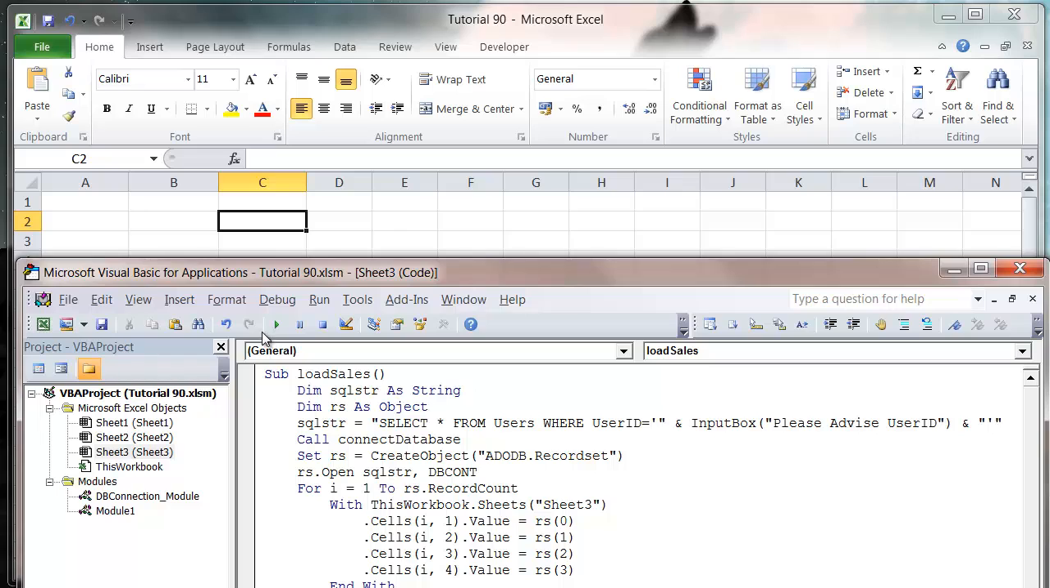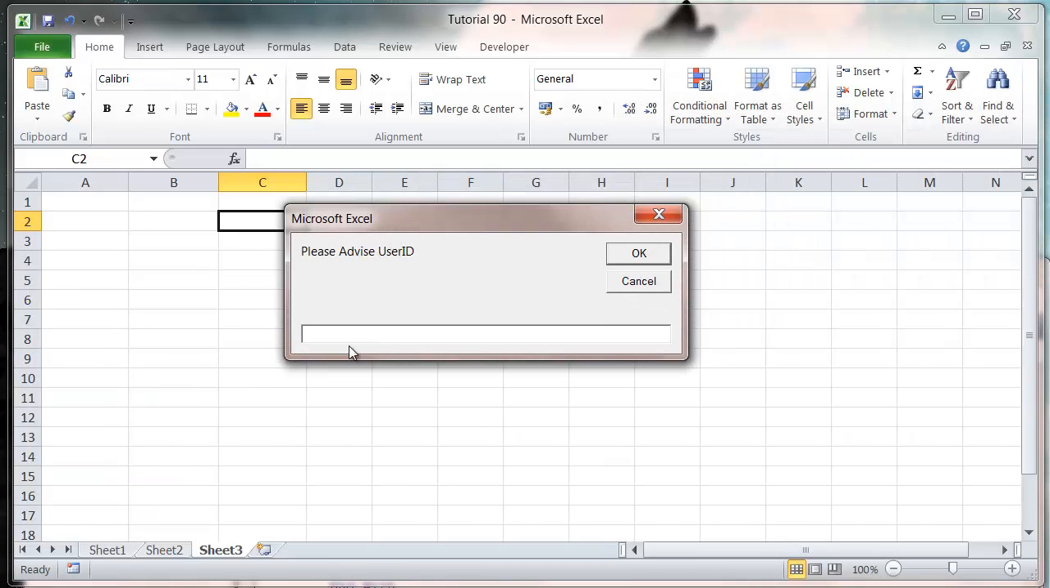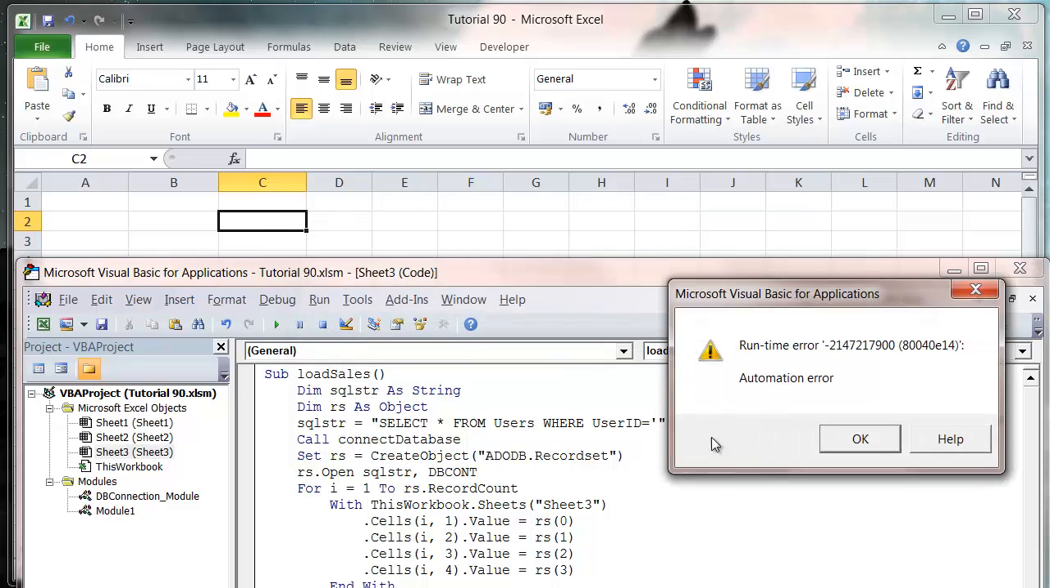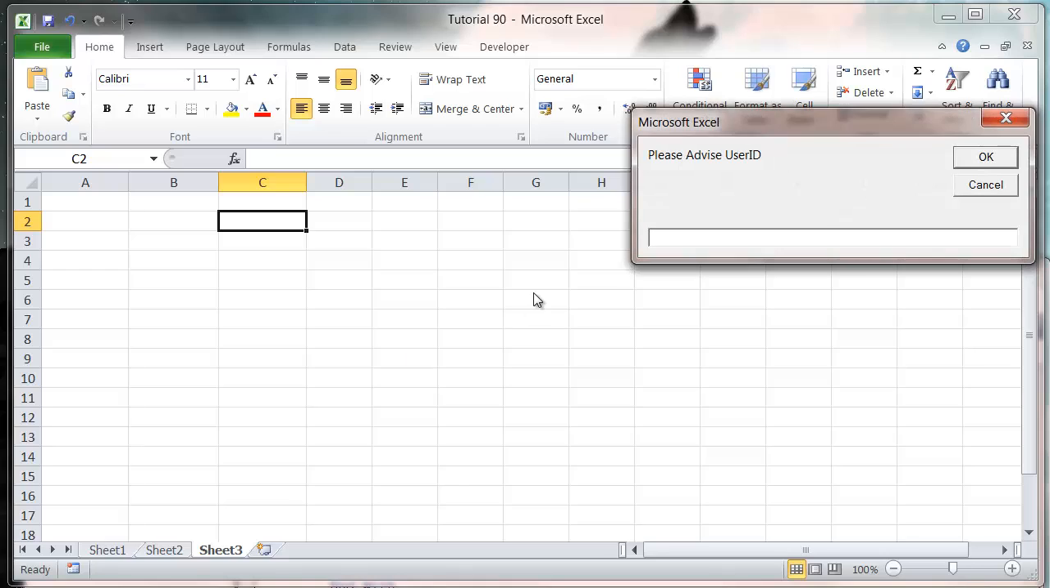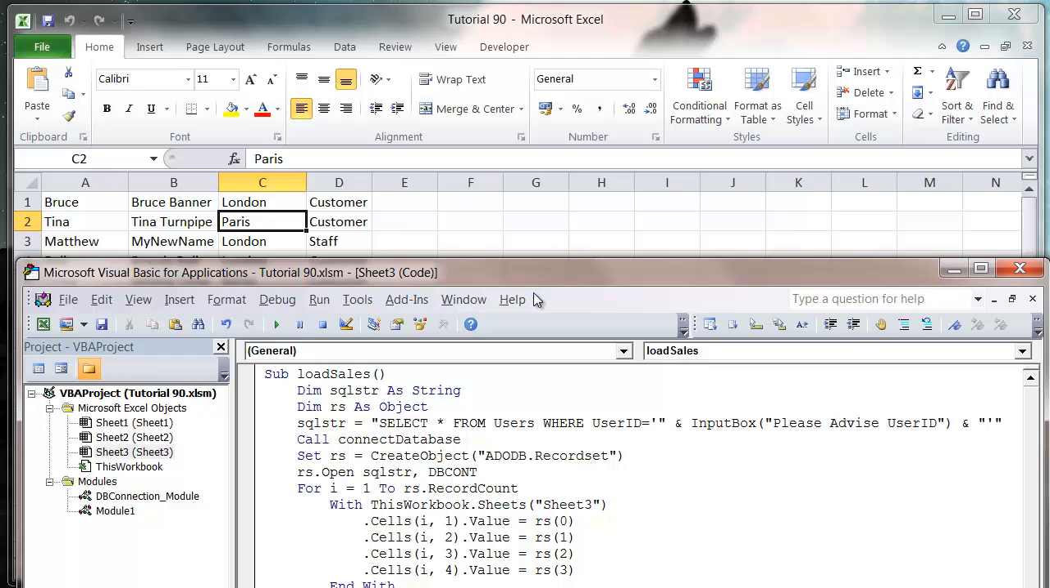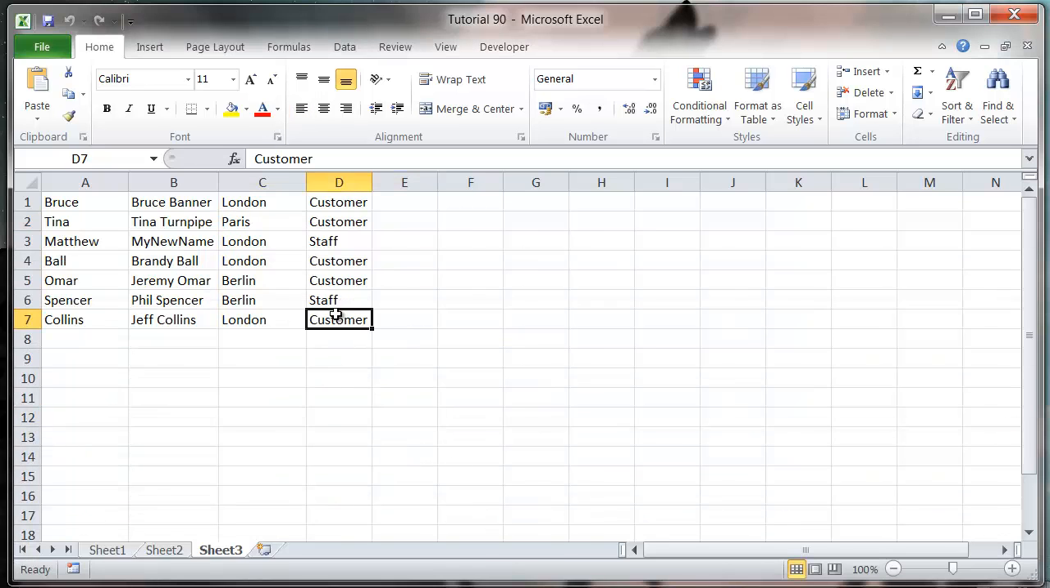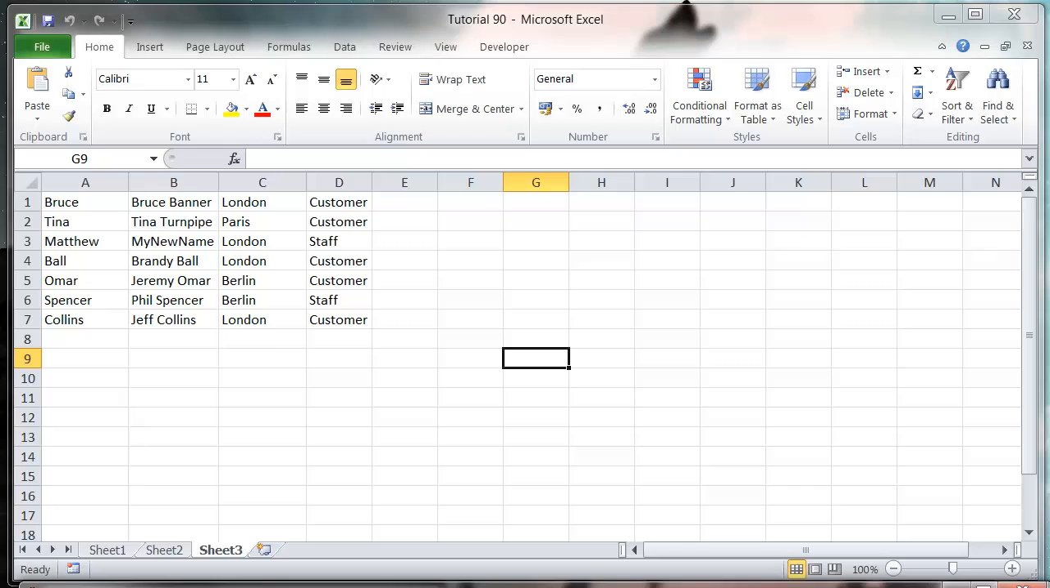So if I press play here now, and instead of typing Matthew as my user ID, I'm going to type in H apostrophe or H. Press OK, and I've done it slightly wrong, so let's just press play again, and H but without the apostrophe, or H equals H. Press OK, and what's happened is brought through all of my users like this,